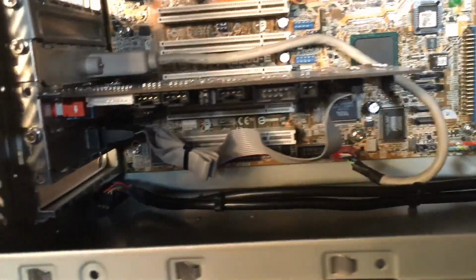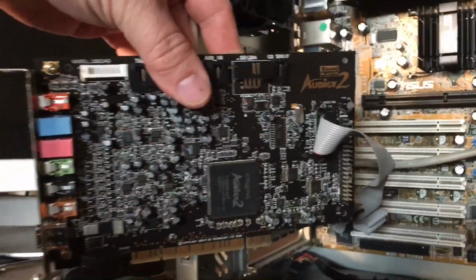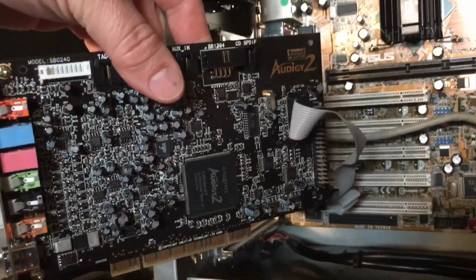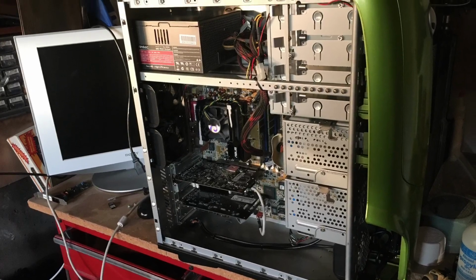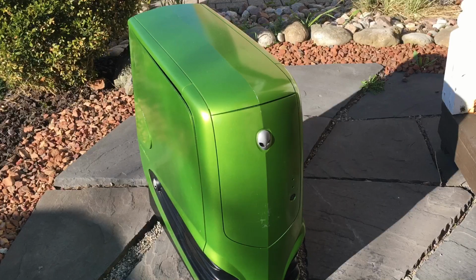And then in terms of sound cards, I really don't have a lot of them right now, at least for Windows 98, Windows XP builds. But this is a Sound Blaster Audigy 2. So my understanding is it's a great card to have in your collection. And yeah, I'm gonna see what I can do to sell this case,